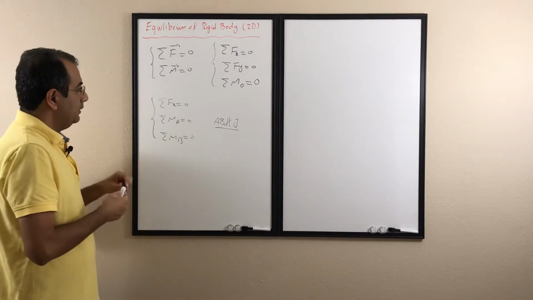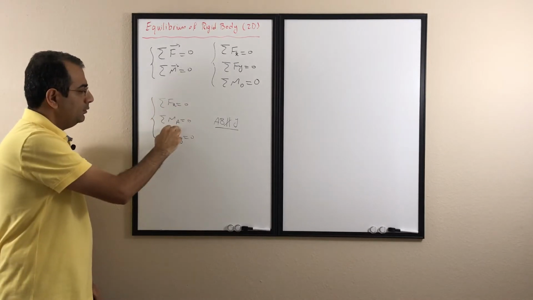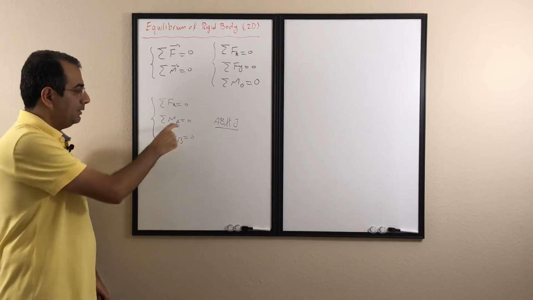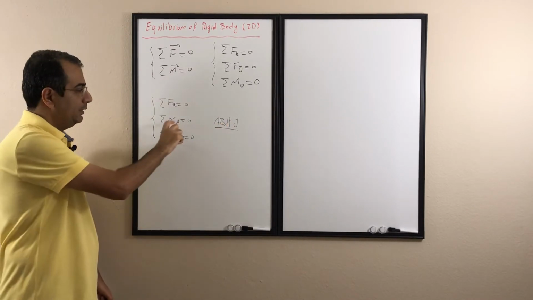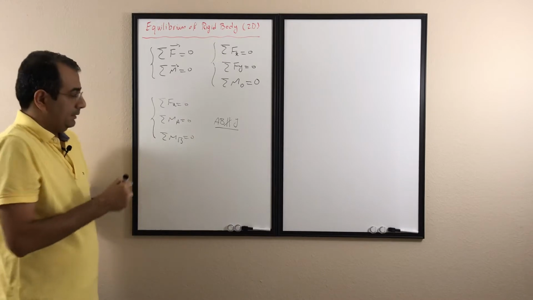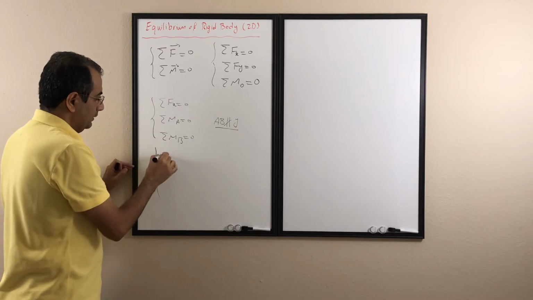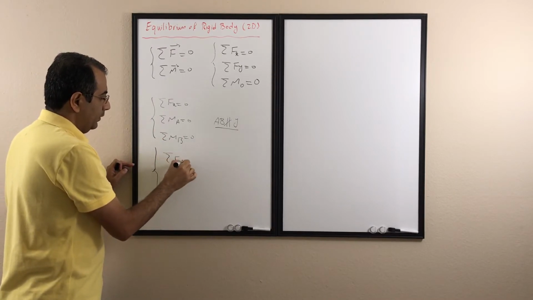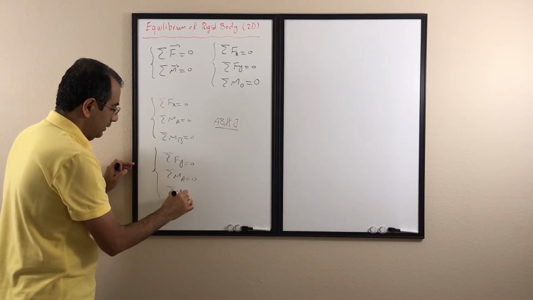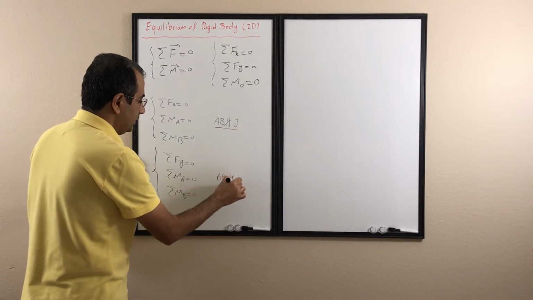So in this case we write that sigma Fx is equal to 0, so we cancel out all the forces in the x direction, and then any two points, A and B, we write the moment about. As long as the line AB is not parallel to the line in the y direction, we are good to go. Similarly, we can write other sets. Instead of that, we can write sigma Fy is 0, sigma M about A is 0, and sigma M about B is 0. And again, as long as AB is not parallel to x,